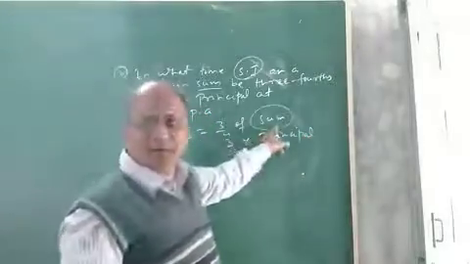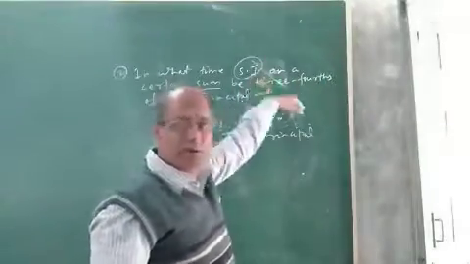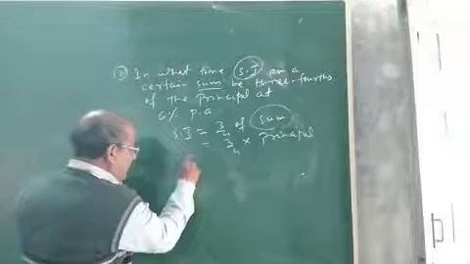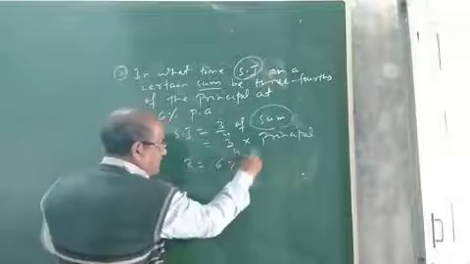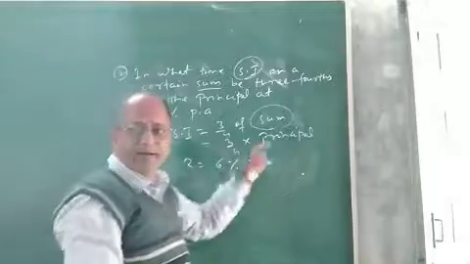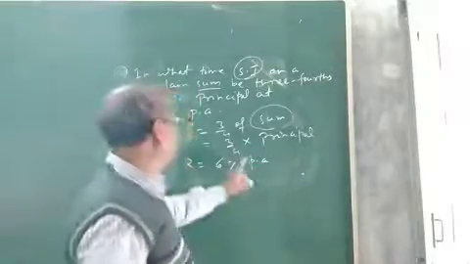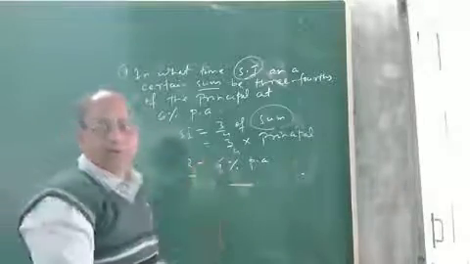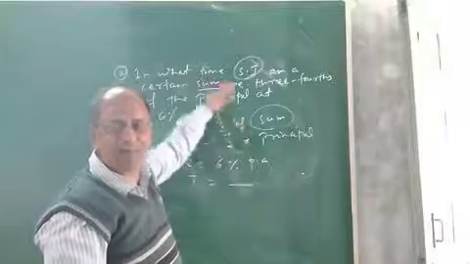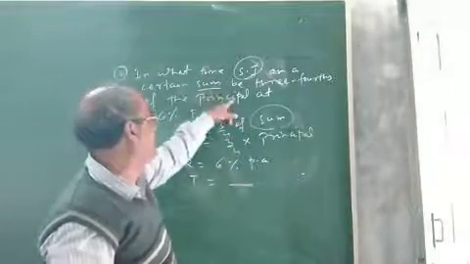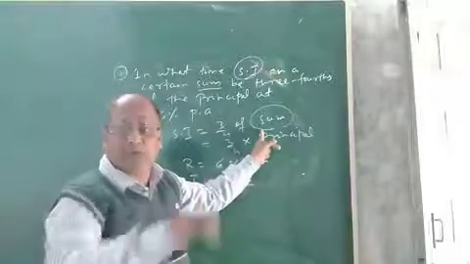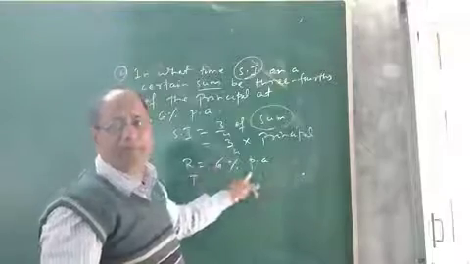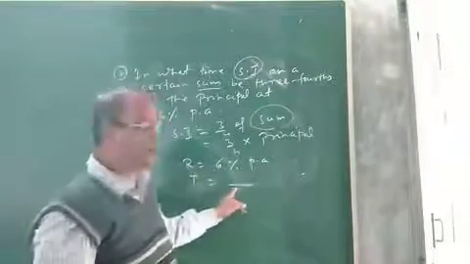So whatever is the sum of the principal, it is given that simple interest is 3 by 4 of the sum of the principal. And what else are we given? We are given R, the rate of interest, is 6% per annum. Now how to calculate the time period? So once again, let me analyze the problem. We are given that simple interest is 3 by 4 of the sum of the principal, and the rate of interest is 6% per annum. Calculate the time period.